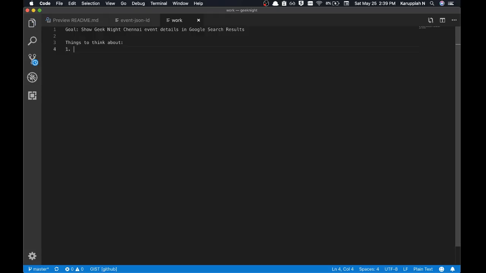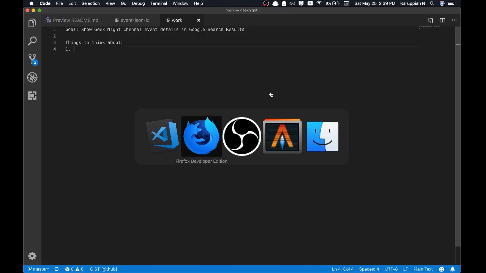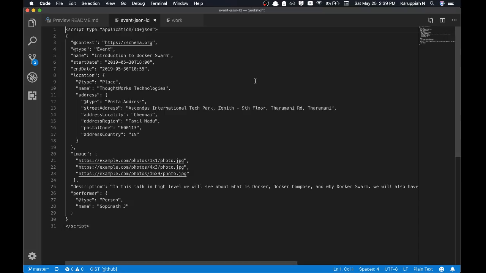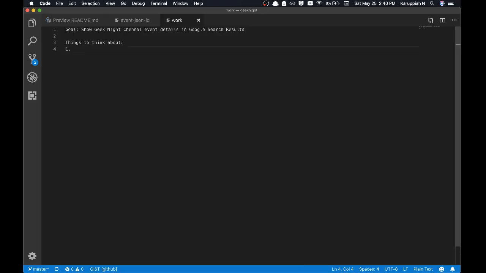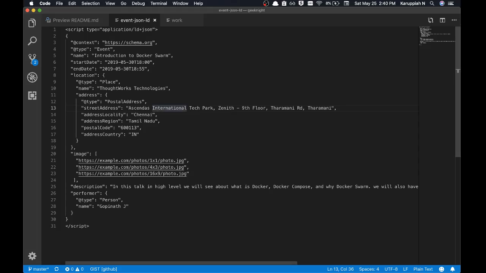I'm hoping the map is good. So the mentioning of where the event is happening. I'm hoping this is a good enough map. The street address is good enough, and this is also good enough, and the name is, this is one ThoughtWorks office in Chennai. So I think that's good enough. So just gonna go ahead and not consider that and consider things like